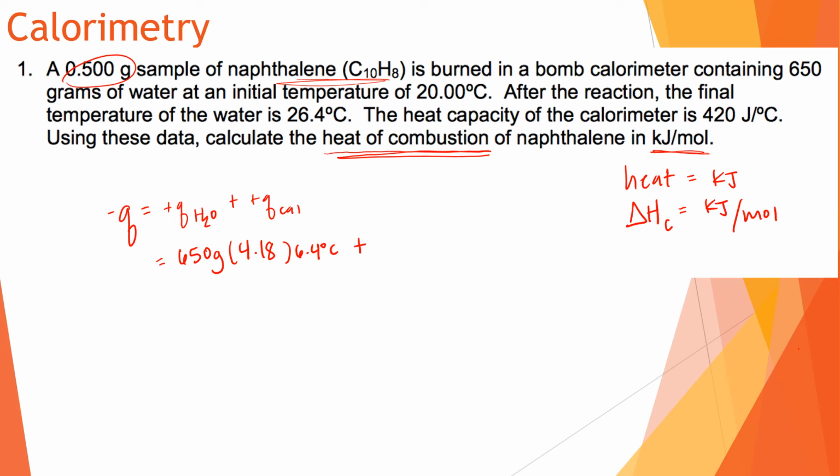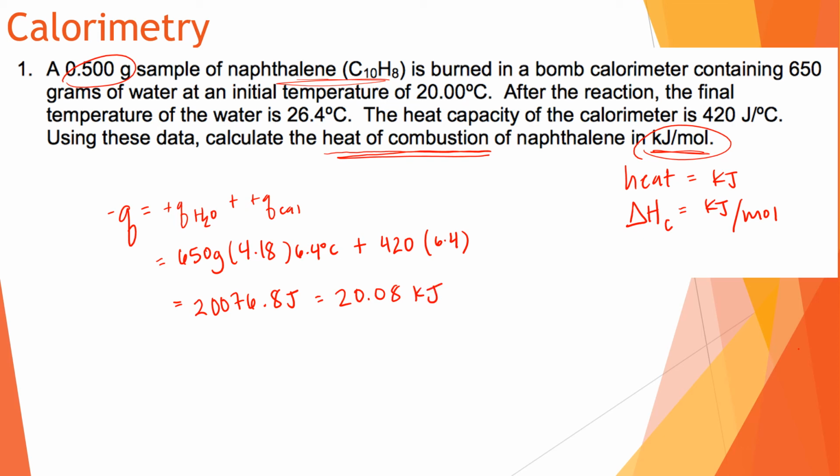And then for my calorimeter, I have 420 times 6.4. When I add all of that together, I get 20076.8 joules. This one's kilojoules per mole, so I'm going to go ahead and convert that to 20.08